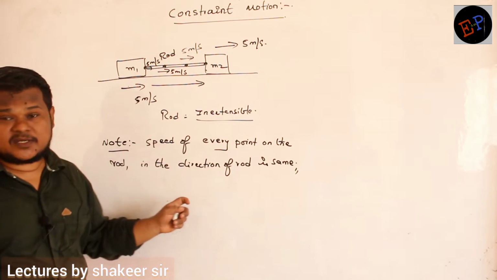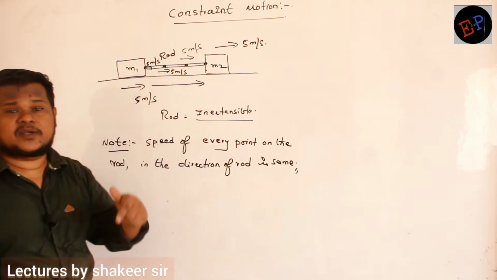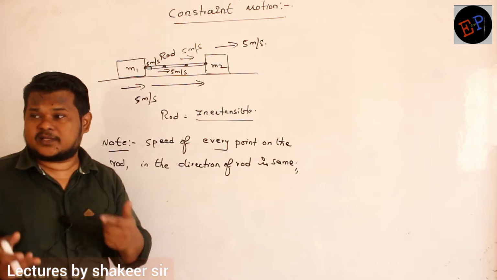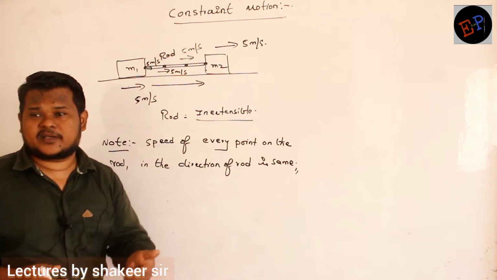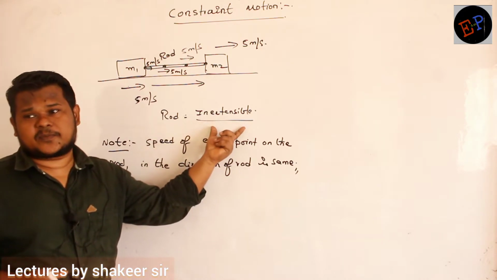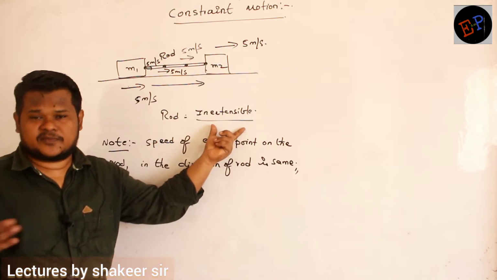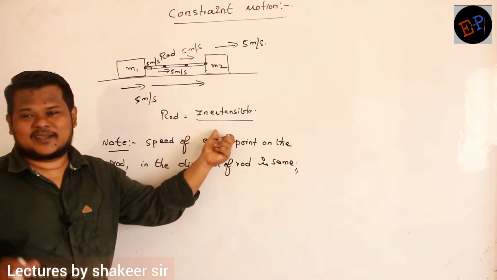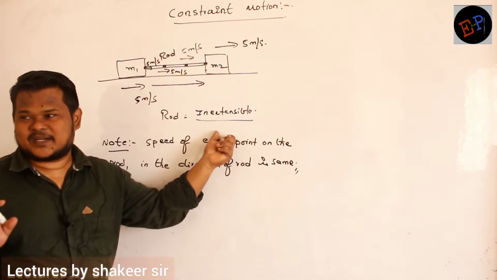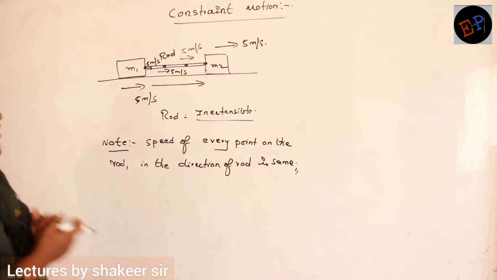And this type of constraint we can call it as rope constraint. Clear ma? So instead of rod, now I will take a rope. Instead of rod I will take a rope. And rope is also having which property? Inextensible property. So distance between 2 points in this rope I can never change. Actually we can change slightly, but we are taking ideal rods and ideal strings. Ideal strings means where you cannot increase the length between them. Clear ma? Okay, let us see.